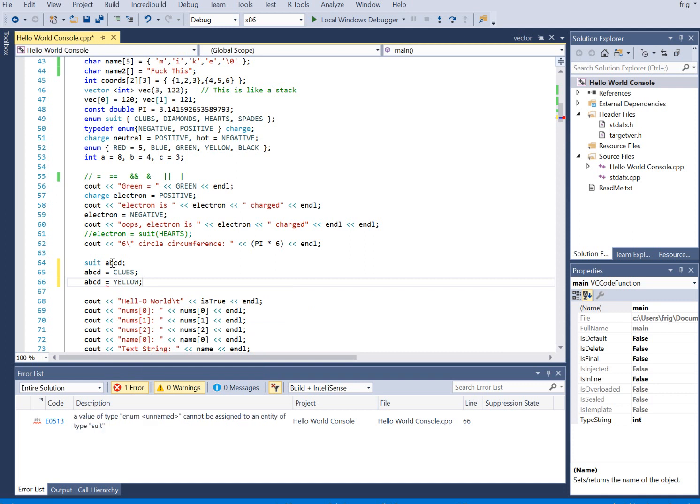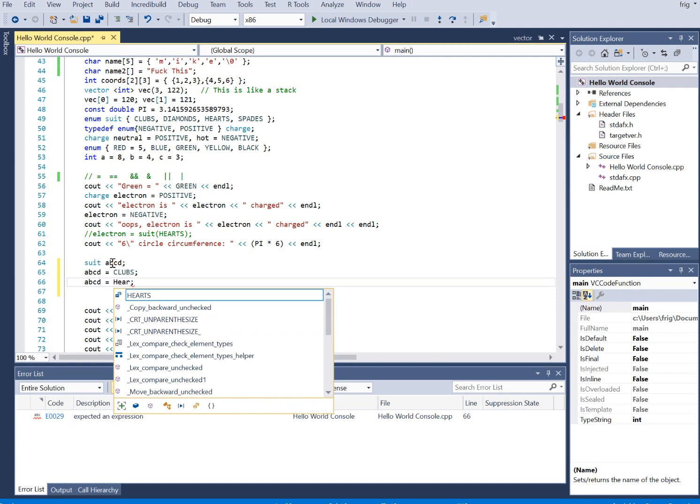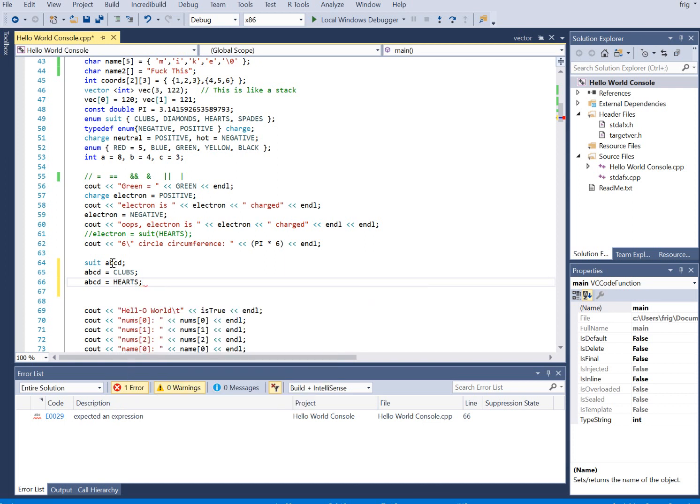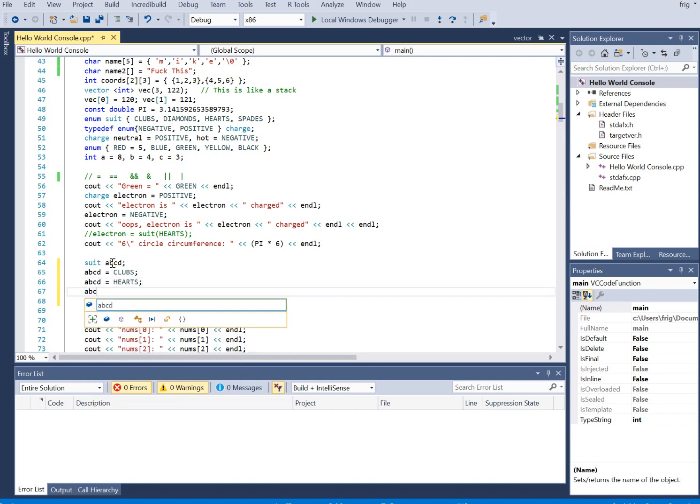Set it to yellow, which is 2. Well, maybe not. I don't know. Oh, that's looking at the wrong enum there. Set it to hearts, which is 2. Or, I'm going to set it equal to 45. So, in enumeration,